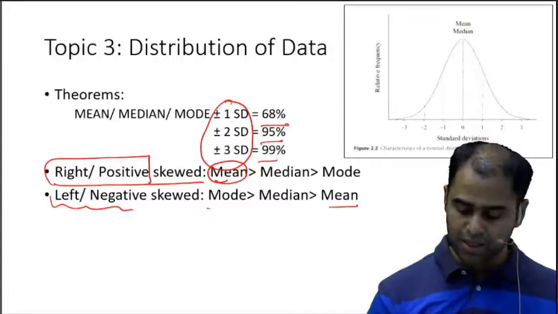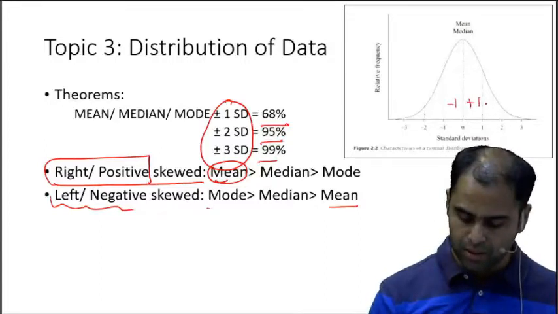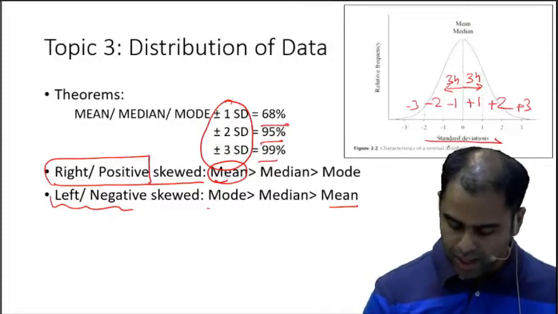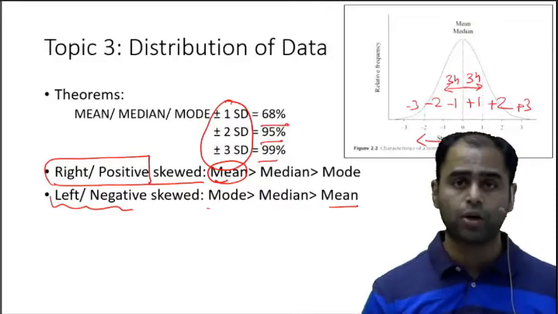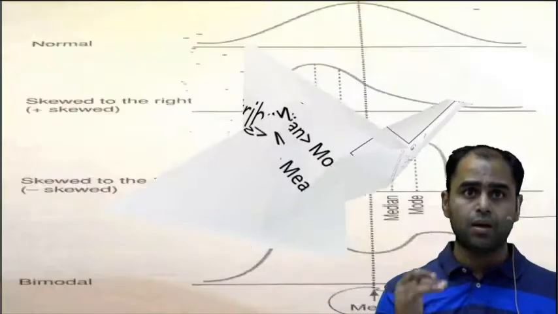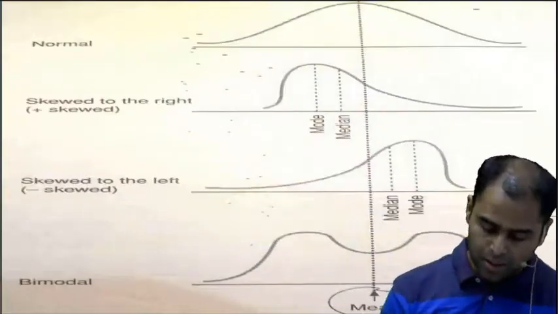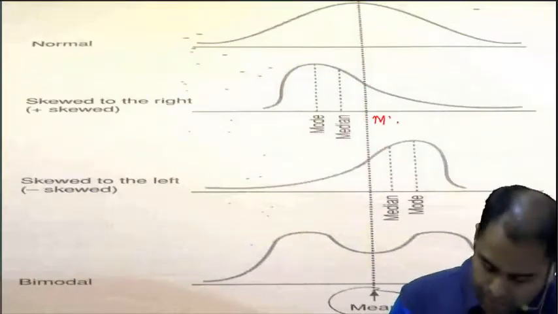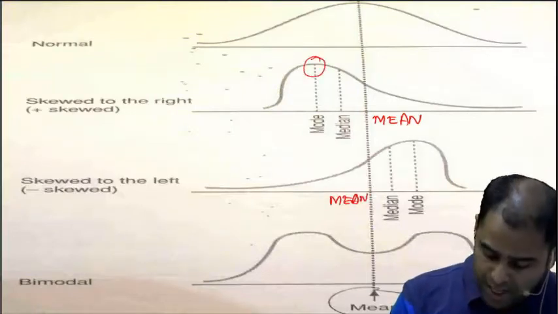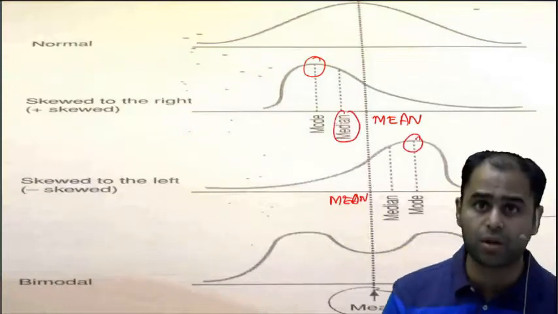Now we know this bell-shaped curve, plus 1 SD, minus 1, plus 2, minus 2, plus 3, minus 3. Very simple. This is 34. This is 34. This entire part is 95 because it is plus or minus 2 SD. So I hope by this time you are clear with the interpretation of this diagram. Now this is a very, very important diagram. Remember, this central line which is passing is the mean line. The highest peak point is the mode, whereas anything in the middle will be the median. So the highest peak point is always the mode.